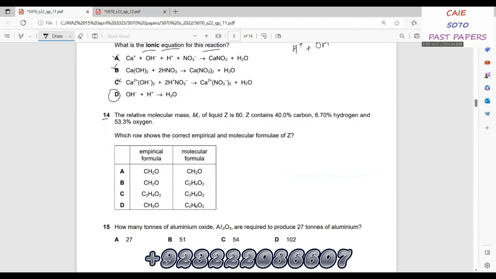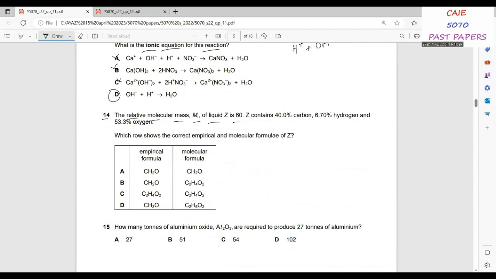14. The relative molecular mass Mr of liquid Z is 60. Z contains 40% carbon, 6.7% hydrogen, and 53.3% oxygen. Which row shows the correct empirical and molecular formula of Z? In order to find the empirical formula, we need to divide the percentage by the Ar of each element. Carbon, hydrogen, and oxygen. The percentage of carbon is 40. We'll divide